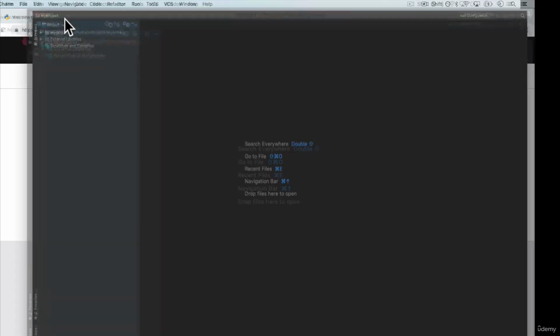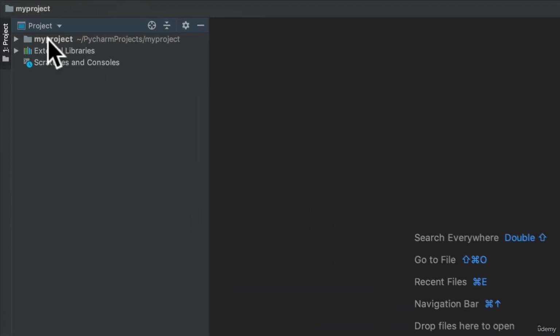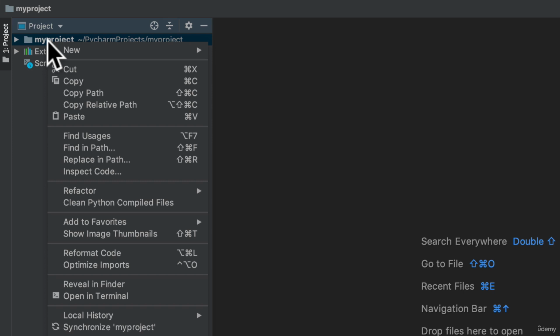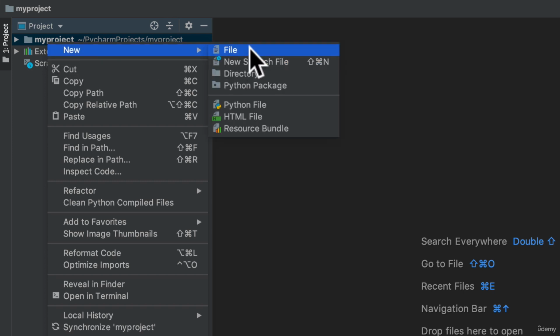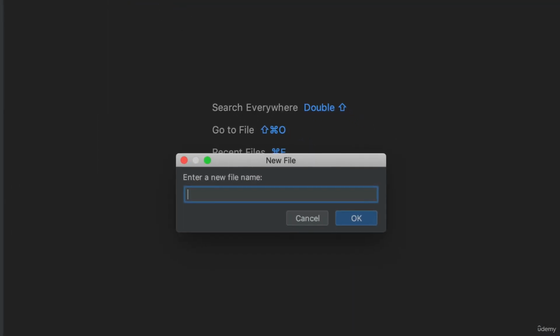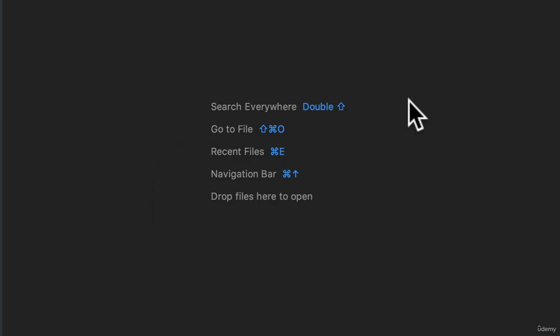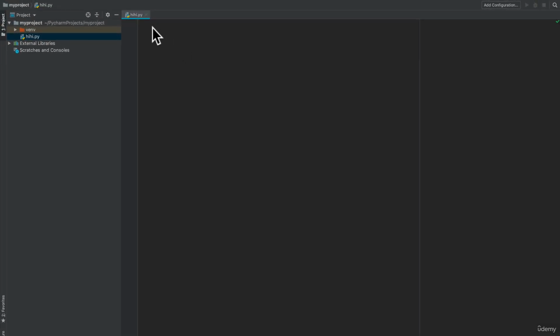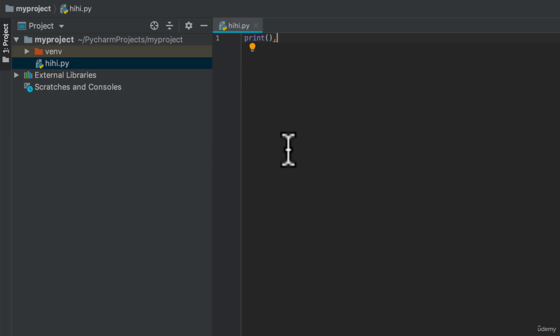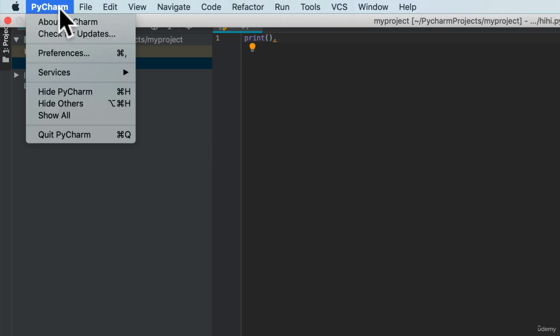Let's make this a little bit bigger. Now, with my project here, I can right-click, say New, and then select File. Our file, we'll just call it hi.py. Click OK. And there we go. We have our first file opened up, and we can just, once again, say print. Now, this is definitely way too small, so I'm going to go to PyCharm,